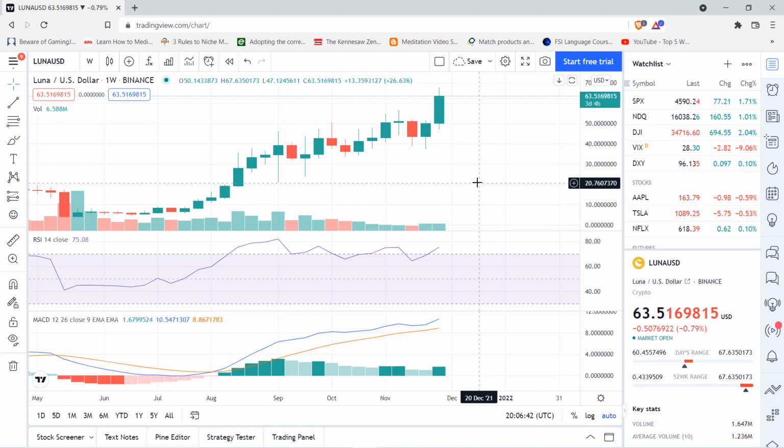I probably wouldn't close out my whole position. It depends on when you bought it. But these price action indicators are telling me that Luna has a good price pump ahead of it. And you can sort of try to be strategic about when you buy it. We're all expecting a pump in December, usually one of the more bullish months for Bitcoin and cryptocurrency in general.